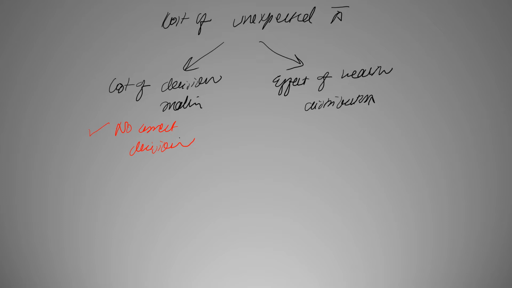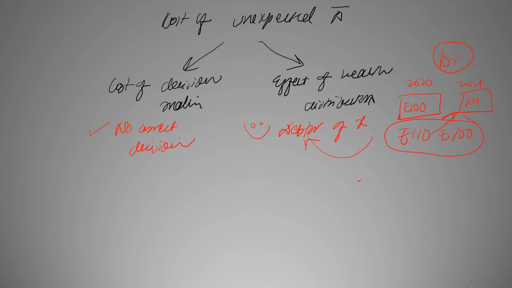It means that, for example, I am a debtor of X. Okay, I borrowed 100 rupees from X in 2020 and I was supposed to repay it to him in 2021 without interest, say 100 again. Now the inflation rate was 10% for the year. It is beneficial for me because for a face value of 110 in 2021 I'll just have to pay 100 rupees. It's beneficial for me as a debtor, so I'm very happy about it.